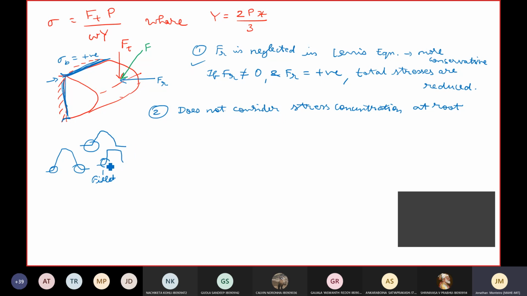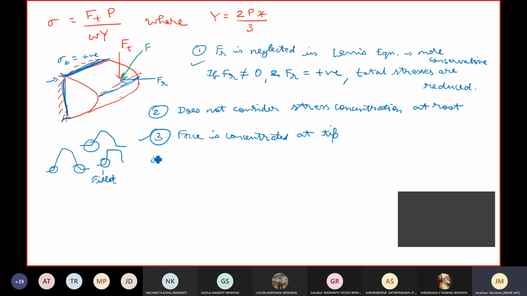So they slightly changed it. They gave it a fillet in order to reduce the stress concentration. The third limitation is that force is concentrated at the tip. This is also an advantage to us. Force is concentrated at the tip, or you can say it is also one of the assumptions that Lewis made, that force is always applied at the topmost point, the tip, where the addendum circle lies. But this is an advantage to us. This is the worst case scenario again.